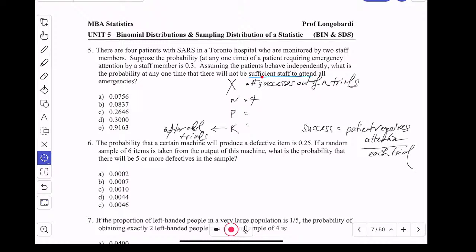So to not have sufficient staff, we assume that you need at least one member to attend to a patient,